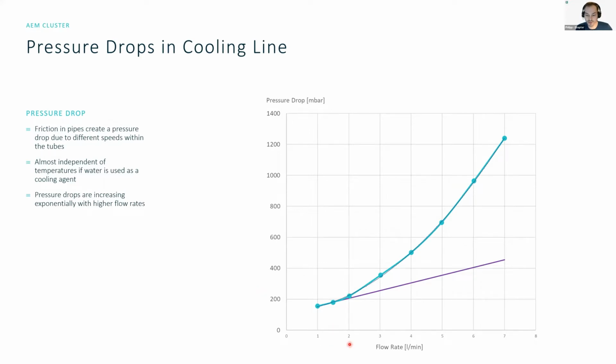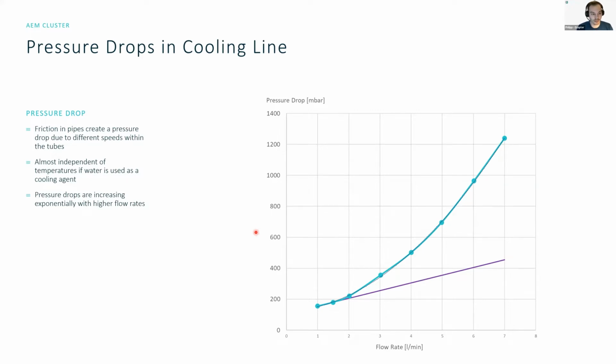So when you have a flow rate between 1 and 2, then we're in an almost linear phase. So around this 1 to 2 liters per minute flow rate, we are very good. But then when we increase the flow rate, we see that the pressure drop grows exponentially. So what does that mean? If the pressure drops exponentially, that also means higher pressure drops are making the system more inefficient, okay?